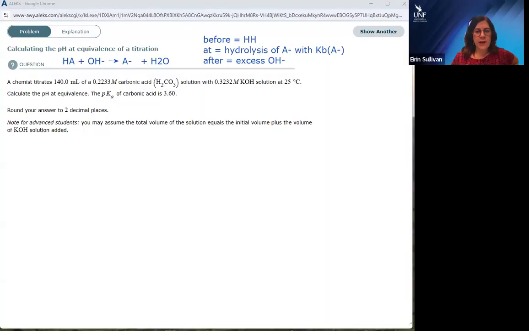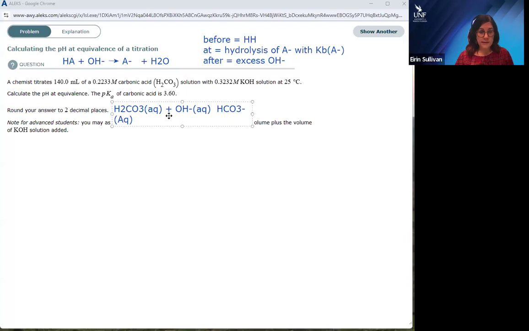To calculate the pH at equivalence of a titration. In this case, we have a weak acid titrated with a strong base. So if we are exactly at equivalence, after our weak acid has been neutralized by our strong base, in this case hydroxide, what is going to be the product of that? Well, the product is going to be the bicarbonate ion or hydrogen carbonate ion, HCO3 minus (aq),